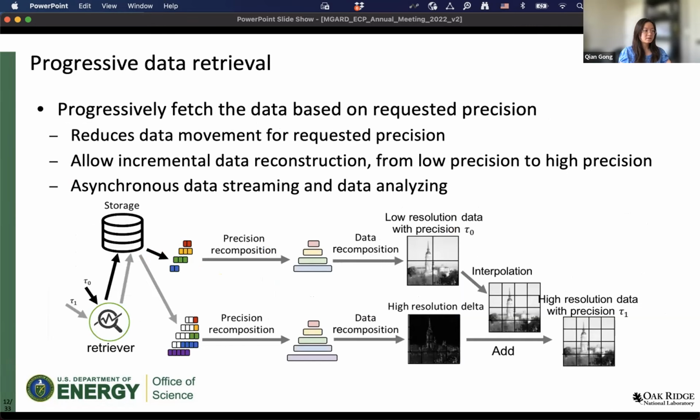And one fear of using lossy compression is that in case the analysis code changes, and so does the requirement on the error tolerance, there's no way of going back to the original data. So here we want to present an alternative strategy. Instead of permanently reducing the precision, we refactor data into a hierarchical representation by combining MGARD multi-level decomposition with bit plane encoding. Given an initial user-prescribed error bound, we designed a greedy algorithm to select appropriate bits of coefficients